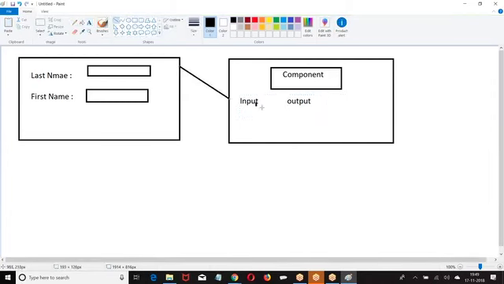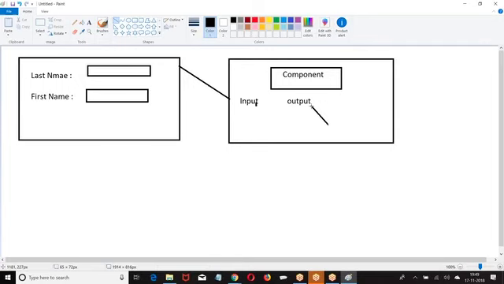Once you pass the input, the component will be called. When a component is called, the client-side controller of the component will be called. That client-side controller can manipulate the data and give back the data to you in the form of output. Did you get my point? In screen 1 of the flow I have created, last name and first name I have given as input for the component.